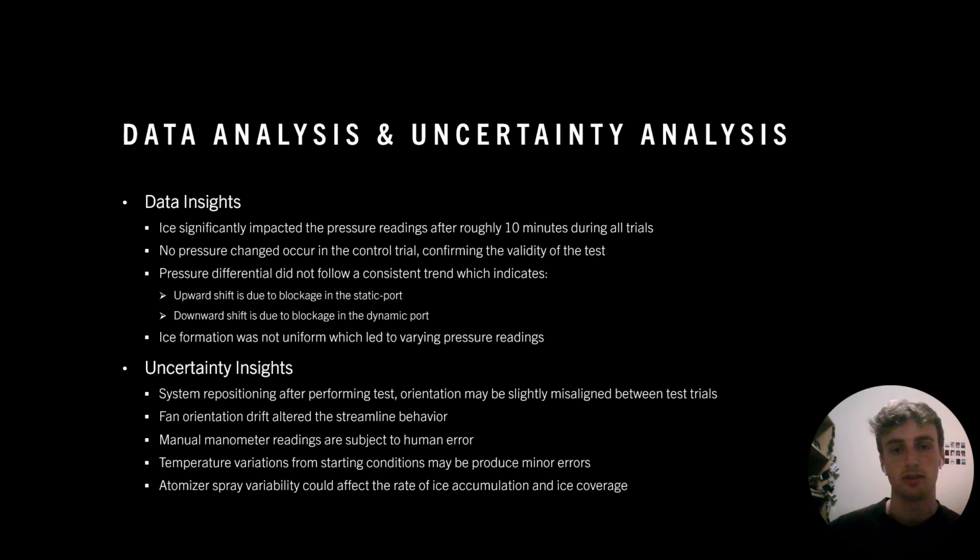To confirm the validity of our test and see that there were no errors, the control test was observed to have no change in pressure. So you may have noticed on the graph that there wasn't either a constant upward shift or a downward shift in the data. This is because an upward shift happens because of a blockage in the static port, and a downward shift happens because of a blockage in the dynamic port. The ice didn't form uniformly over the pitot tube during the trial, so as different ports were blocked, the data